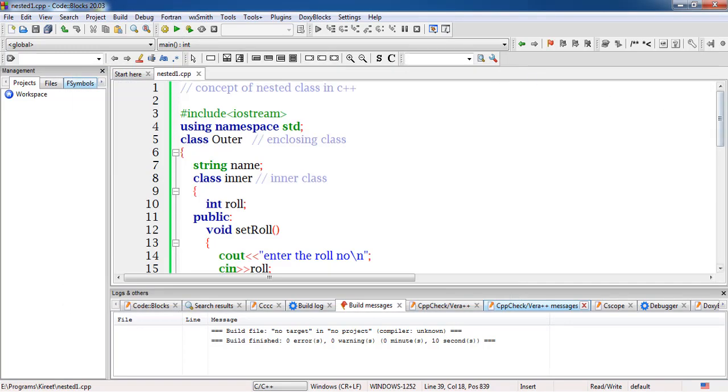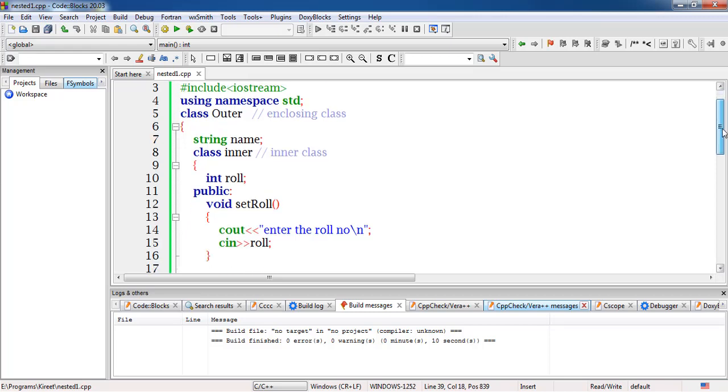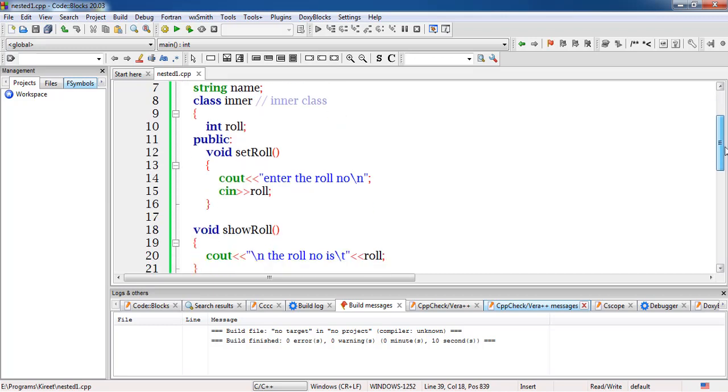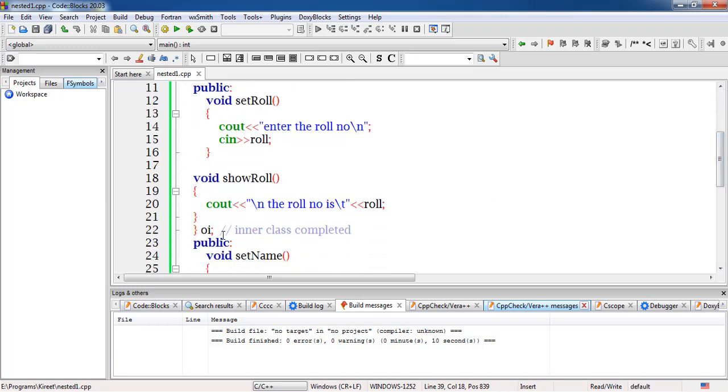In this way, we incorporate the concept of a nested class when we have declared the inner class as private in order to achieve a high degree of data hiding. In this context, we'll create an object.